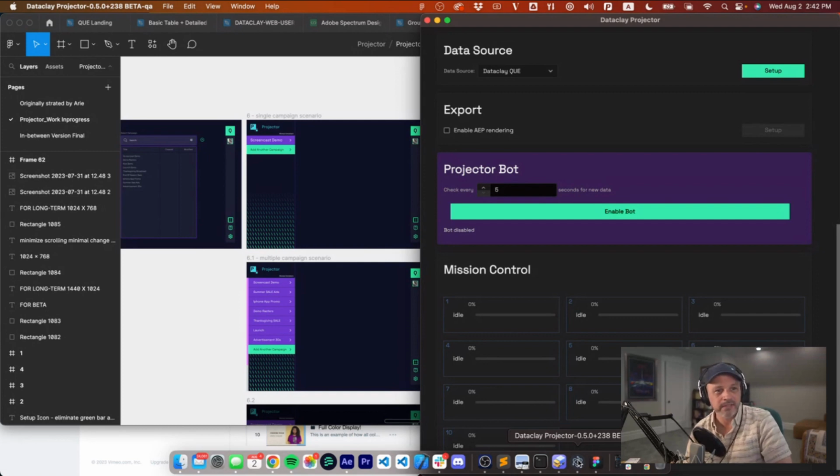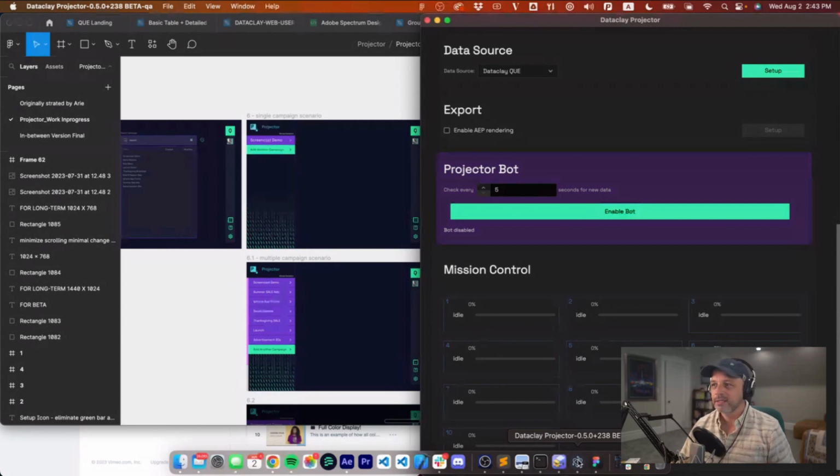We'll consider that, but it's one of these things where you set it and forget it, right? It's not necessarily meant to be push data into Projector. It's meant to be pull data from QUE. Templator has both push data and pull data. Projector, we're going to release with just the pulling of the data from the data source.